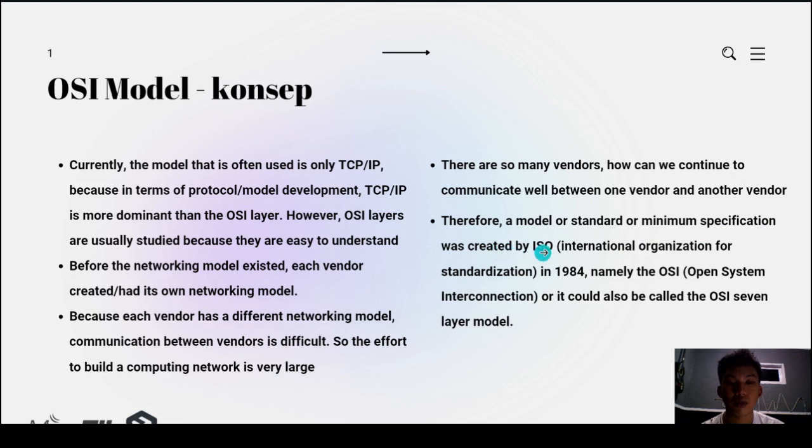So a standard or minimum specification model was created by ISO, the International Organization for Standardization, in 1984, namely the OSI or Open Systems Interconnection, which can also be called the OSI 7 layer model.